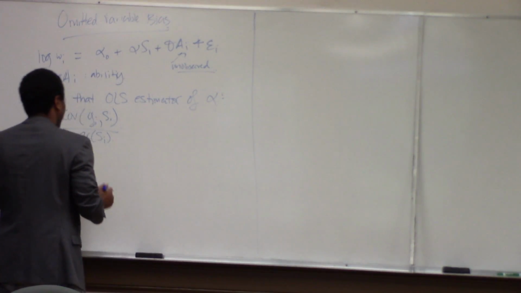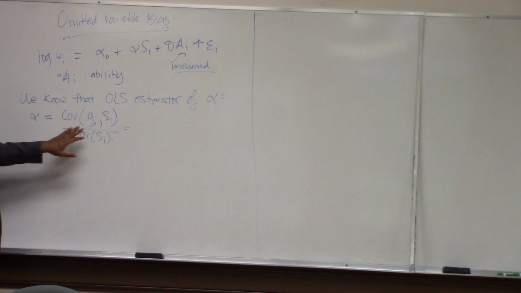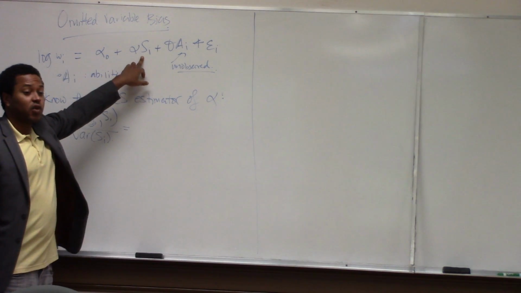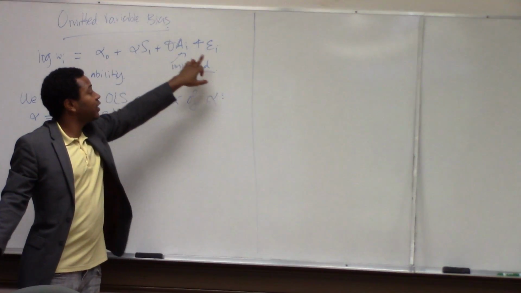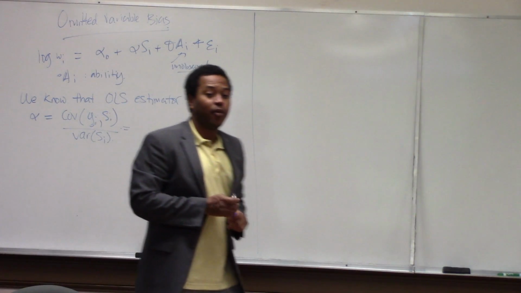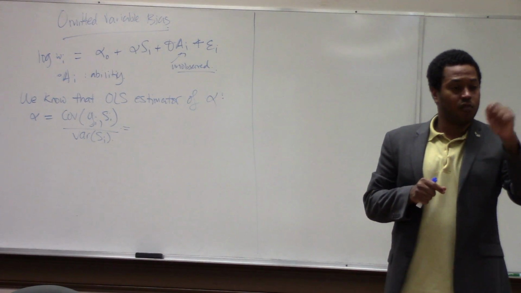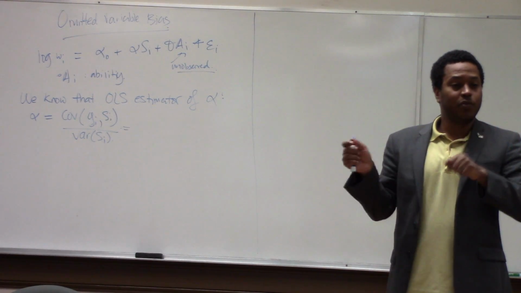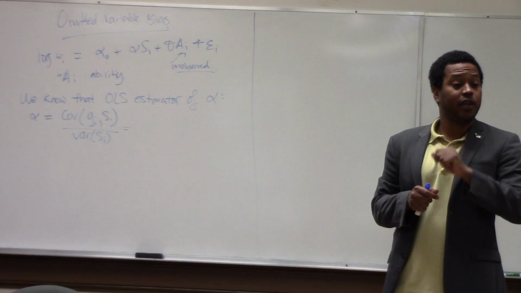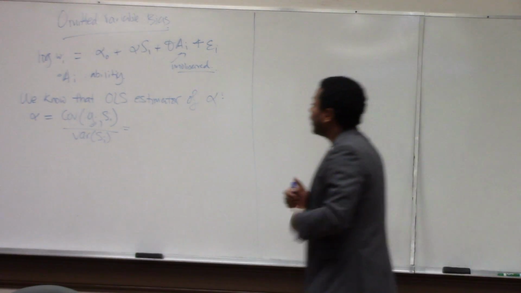Okay. So if we write this out, this y has a couple of terms. It has this constant term, it has this use of schooling, it has this ability, and it has this epsilon_i. But we know that the covariance operator is a linear operator, meaning that the covariance of y with a plus b is the same as the covariance of y with a plus the covariance of y with b. Everyone remember that? And so we can write this out as